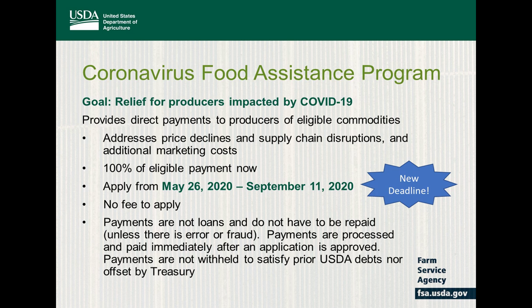Now, one of the changes that I wanted to bring forward to you is that now payments are 100%. You know, in the past, before August 17th, you remember that payments were being issued at 80% with that 20% to follow at a later date. So we are now at 100%, which means if you make an application now, you will receive 100% of what you have been approved eligible for. And as far as those of you who have already applied and received your 80%, you will now get that last remaining 20% to maximize the full payment that you were approved for.